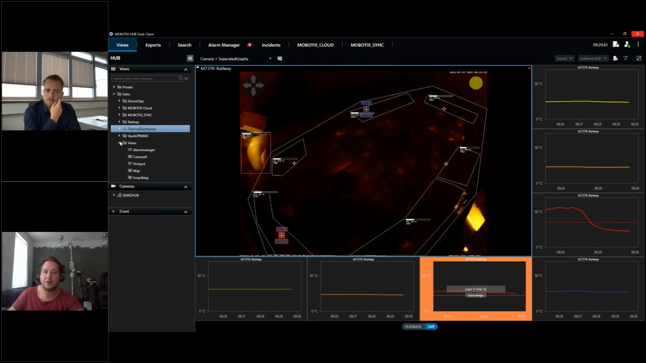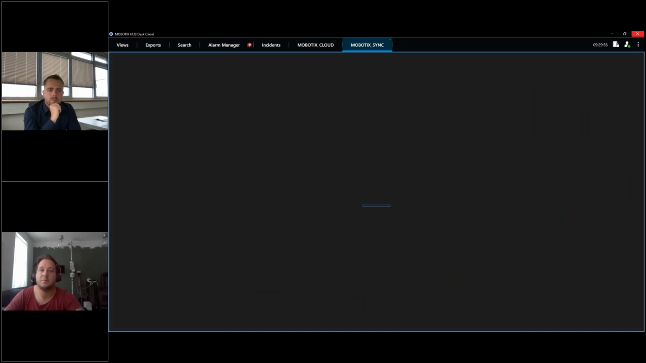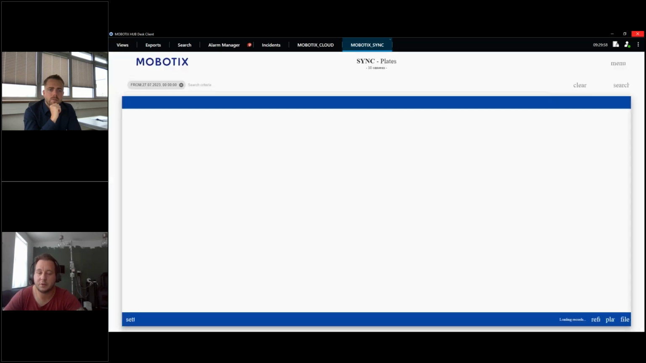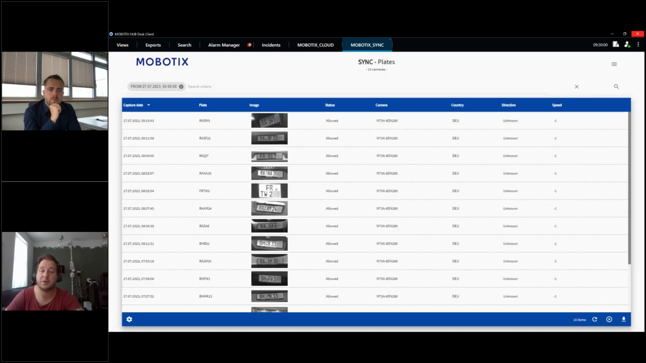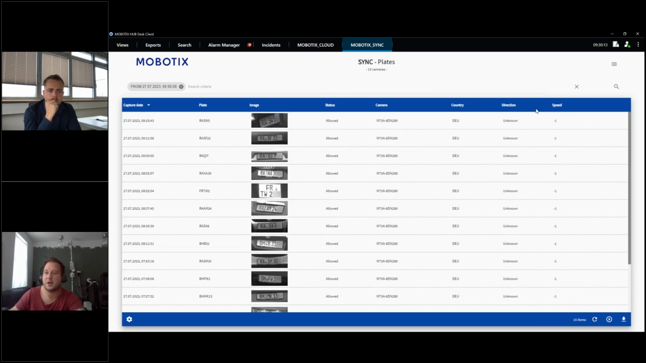The next one we implemented, I think 2-3 weeks ago, is a plugin for our MOBOTIX Sync. So we have a possibility just to switch in the upper bar to open the web UI of the MOBOTIX Sync, our dashboard for all our vector apps to visualize and log all detected license plates, for example. Here you can see this is a list of my LPR camera,